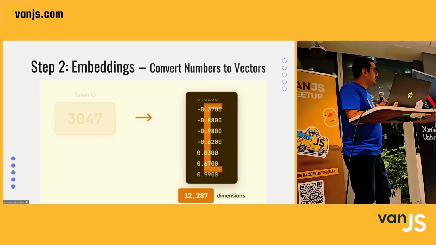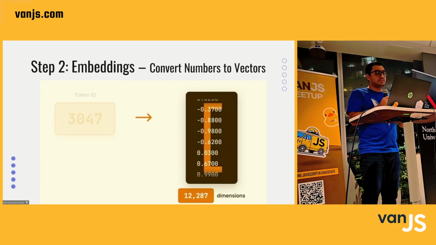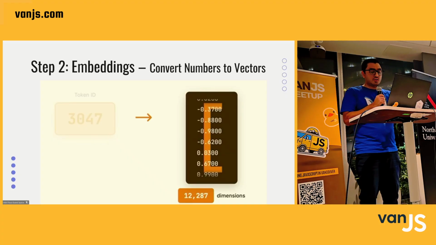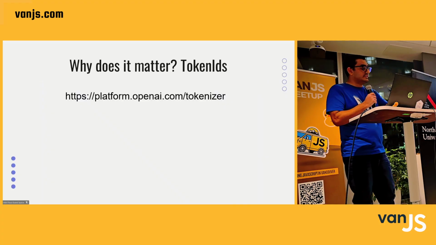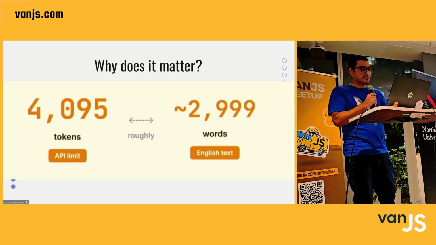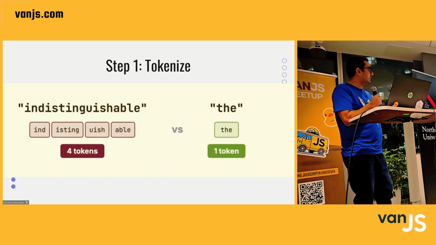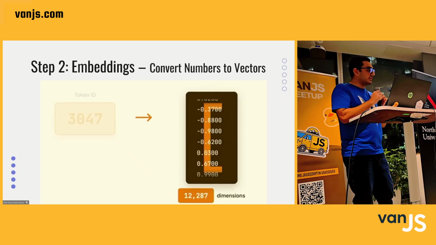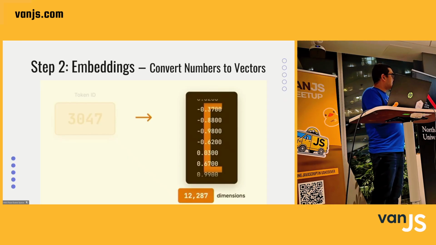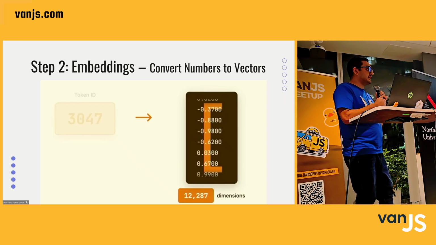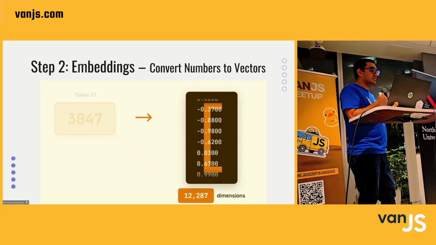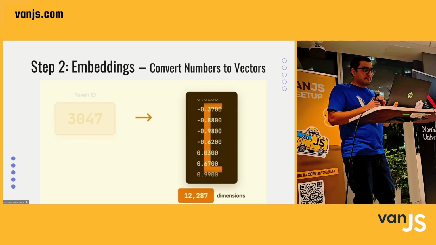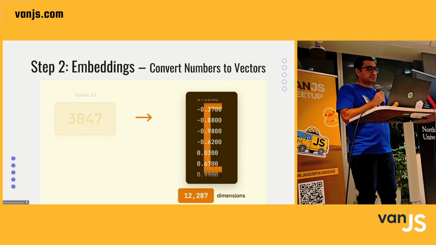But yeah, that was the first step. The second step is the embedding. Once you have the token, you convert that token into something called a token ID. On this website, the tokenizer will convert your word into different tokens, and for each token it will give you a token ID. A token ID is actually a number, and the second step in LLM processing is called embeddings, which means that we convert those numbers into vectors in space. And those vectors can span different dimensions as well.